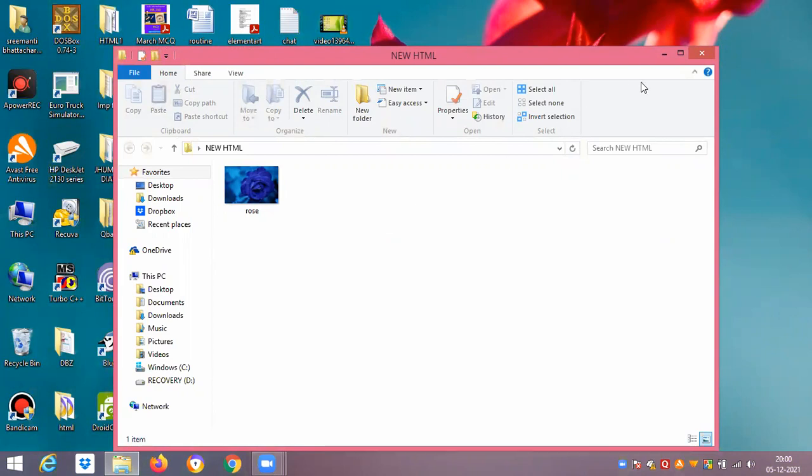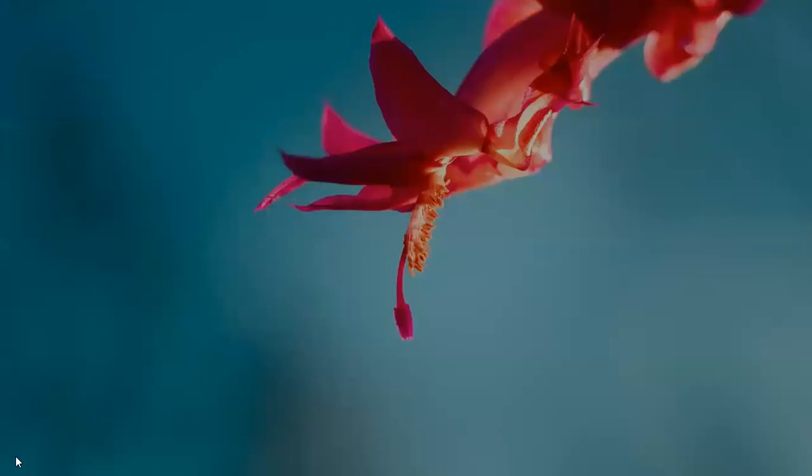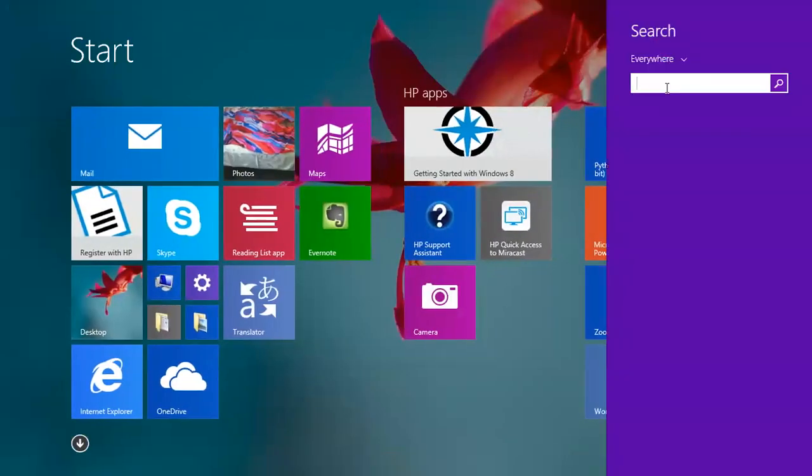You should remember the alphabets which are in capital, because the name of the image is very important to bring an image in an HTML document. If there is any mistake in the name, then you won't be able to bring the image. Okay, so you need to open Notepad first.